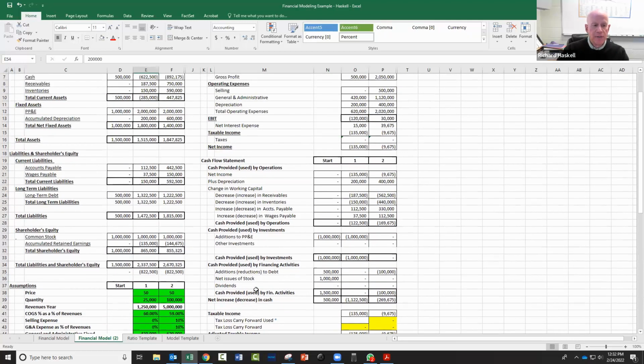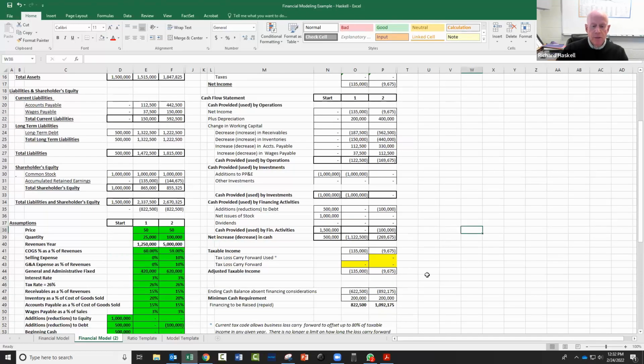It resulted in a negative cash flow, which I have showing as a negative cash balance. That negative cash balance would need to be reconciled somehow, and I would reconcile it by, in this case, maybe raising some financing. In this particular case, I've chosen to raise that financing through debt. So down here, I've identified that my regular cash flows, absent any financing considerations, result in a negative